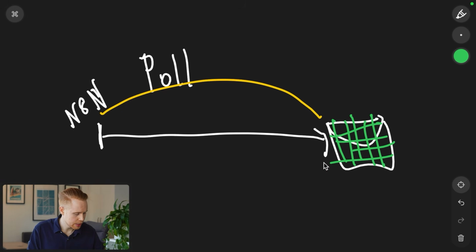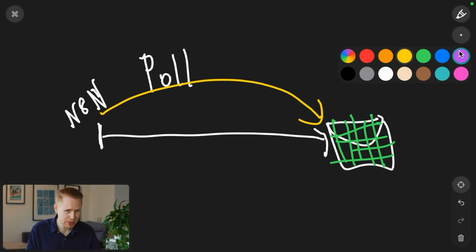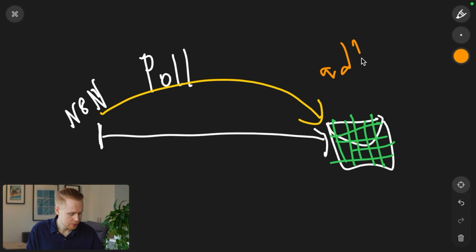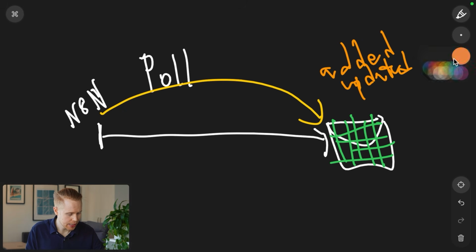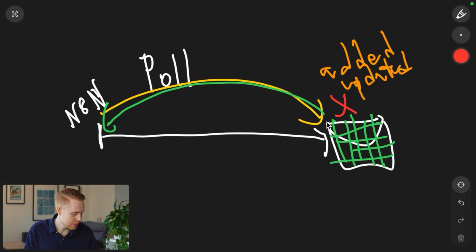And it's going to send a request back every certain amount of time. It's going to say, hey, is there a result here? Has there been an update? Has there been something that's added? And if something has been added or updated, then it's going to send this data back, okay? And then you're going to have this data and it's going to start the workflow. But if there's nothing here, it's not going to return anything, but you're still having to fire